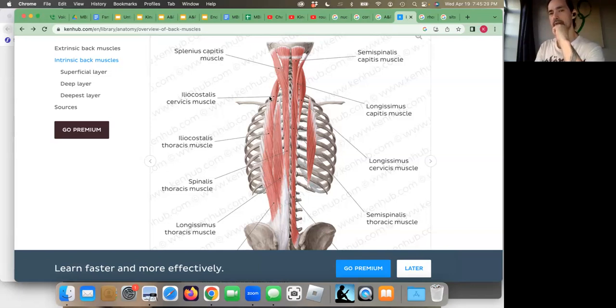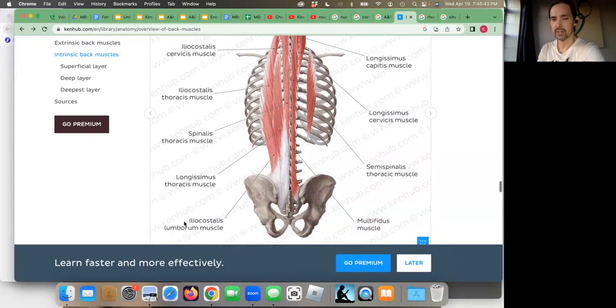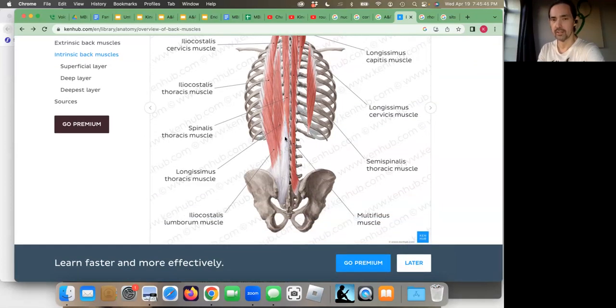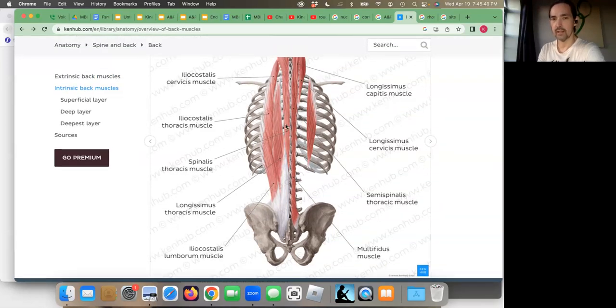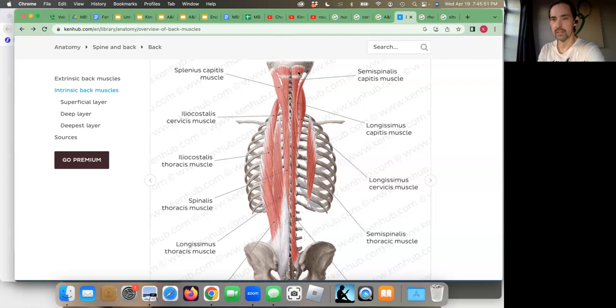So it's attaching to the ribs there, and then it goes up and attaches to the cervical spine as well. So iliocostalis cervicis for the cervical area, iliocostalis thoracis for the thoracic area, and then down here, iliocostalis lumborum for the ones that attach to the lumbar area. Iliocostalis on the outside, longissimus more medially, and then spinalis, the most medial aspect. That's the superficial layer